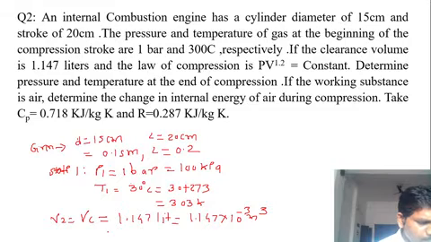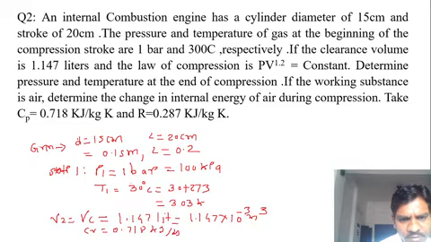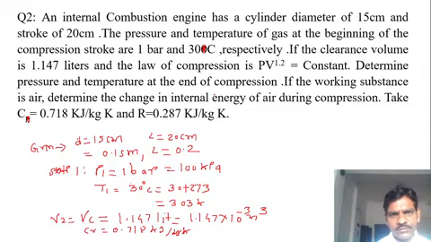Yes. Then after that, what is the value of CV? CV is given, CP is given. CV is how much then? The CV is 0.718 kilojoule per kg Kelvin. This is not a CP. This is a CV. CV will be there. Okay, not CP. So this is the 30 degree Celsius.